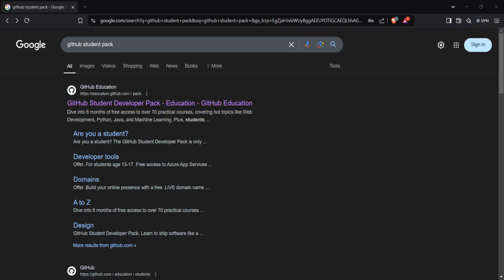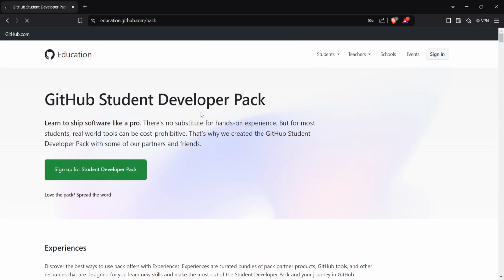So in this case, we will need a GitHub Student Developer Pack, which is the benefits being given by GitHub to students mostly. So for us to have a Microsoft Azure account, we will be using the GitHub Student Benefits. Just search GitHub Student Developer Pack in your preferred browser, then go to the first link, which is from GitHub Education.